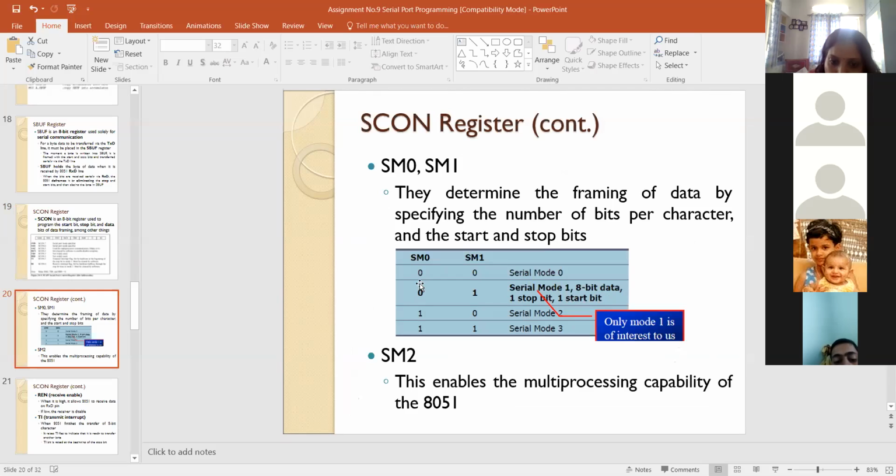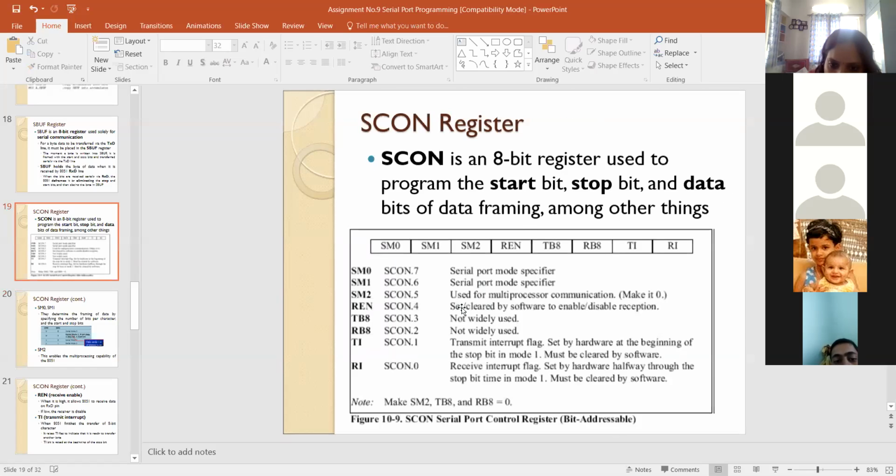So in our code, we are giving the value 0101 0000, 50 in binary format, to the SCON register. Just convert that into binary format. And initially the transmit interrupt flag and receive interrupt flag we are considering as 0, both 0. Getting this? Any doubt for the SCON register?